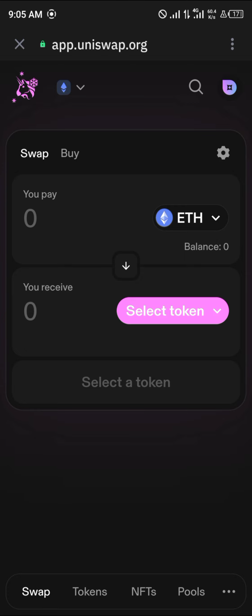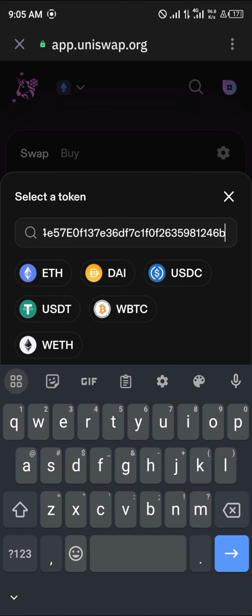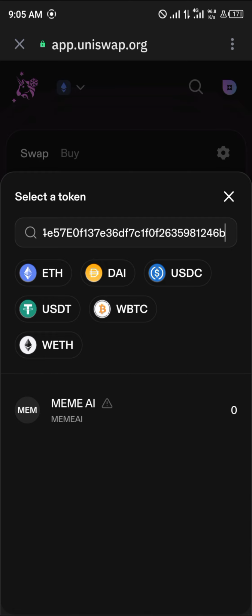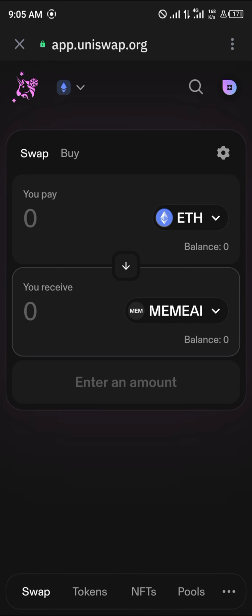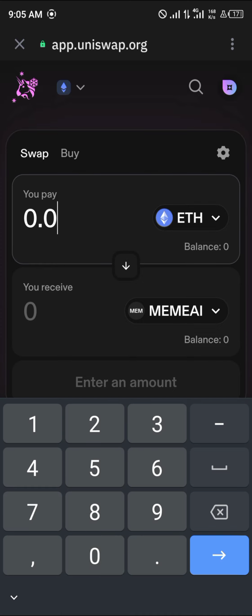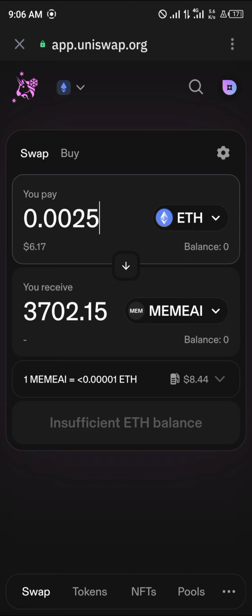So click on the select token drop down and paste the contract address we had copied earlier. So once you've pasted this contract address, you'd find the meme AI. Click on meme AI, click on I understand. And now let's say you've got about $6 worth of Ethereum. You could be getting a good amount and paying a gas fee of $8 for your